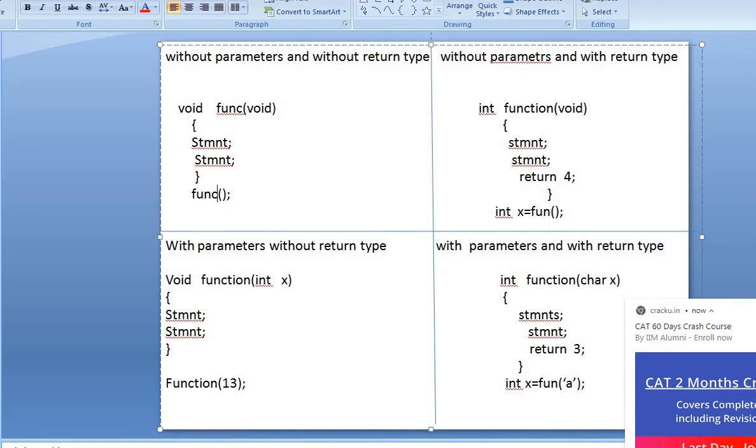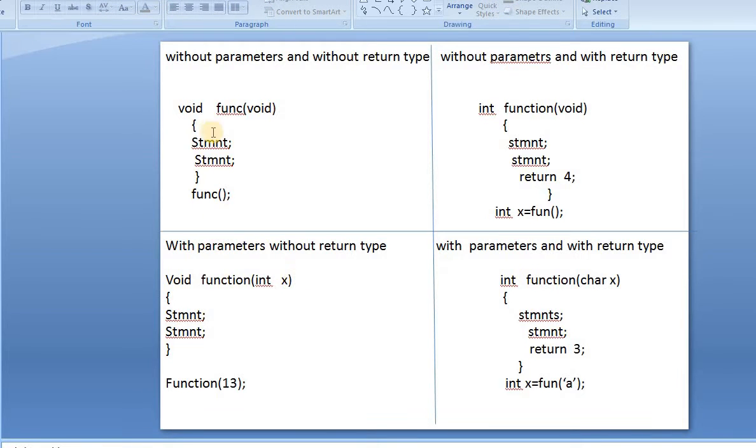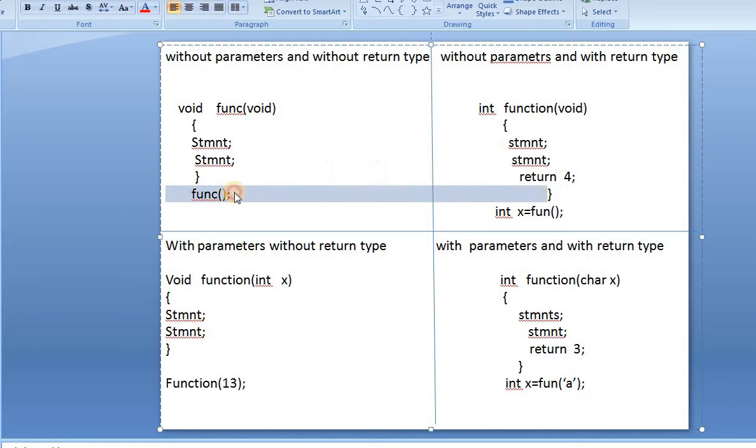Now when I call this, the whole block will be executed by the compiler. This is a normal type, that is, without parameters and without return type. I only mention the name of the function with a semicolon.